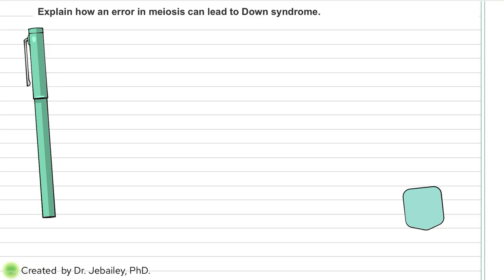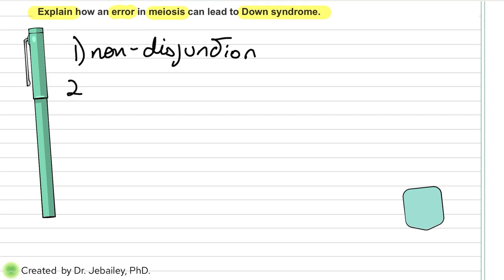It says, explain how error in meiosis can lead to Down syndrome. Here it's very important that you know what's the main error here. And the main error that we start with is known as non-disjunction. This word, you will definitely get points for it. Not only do you get points for it, but you have to mention what non-disjunction is. And it means just to fail to separate